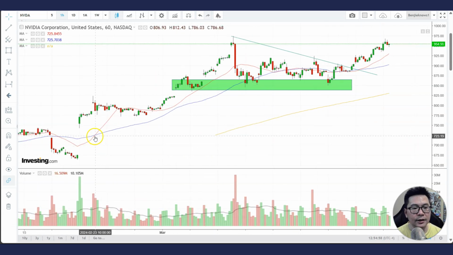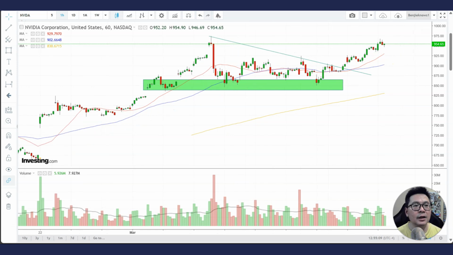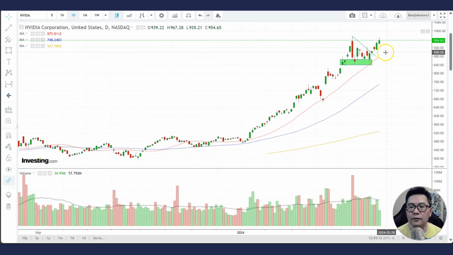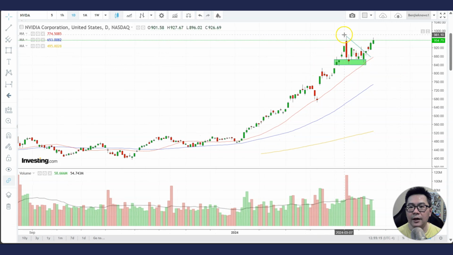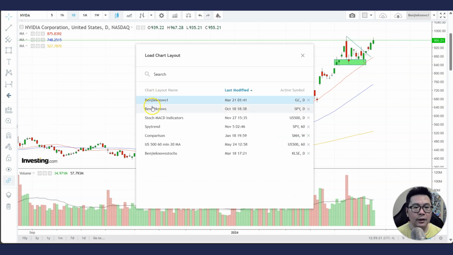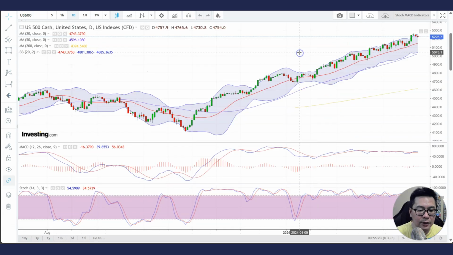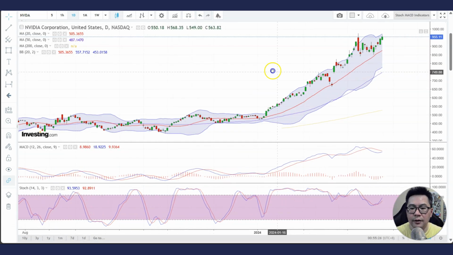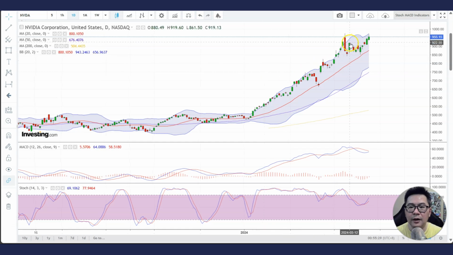So as you can see here, the 60-minute bullish crossover resulted in it rising very well. Of course, when the topping tail formed, it just collapsed and traded sideways. Now, the other thing you have to take note of is there might be a possibility of a double top here. Okay, it can happen. Okay, but I tell you what, let's switch to the indicators. So we have possibility of a double top because here Nvidia broke above the Bollinger Bands,